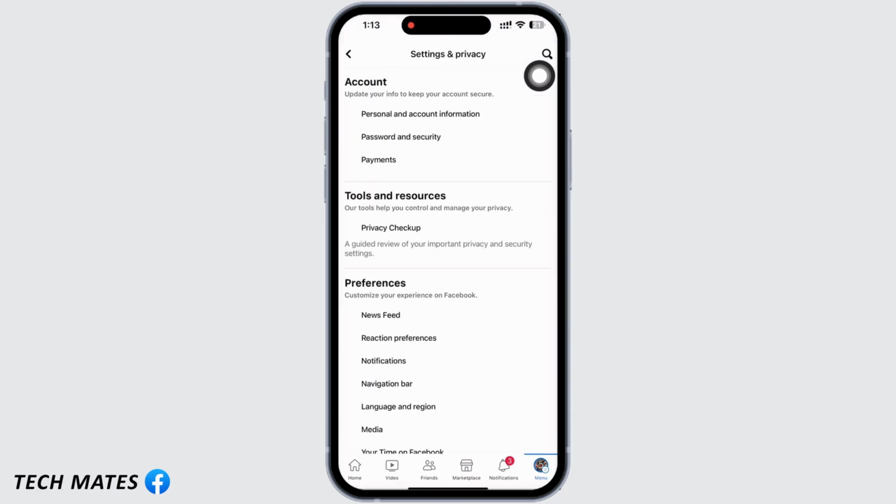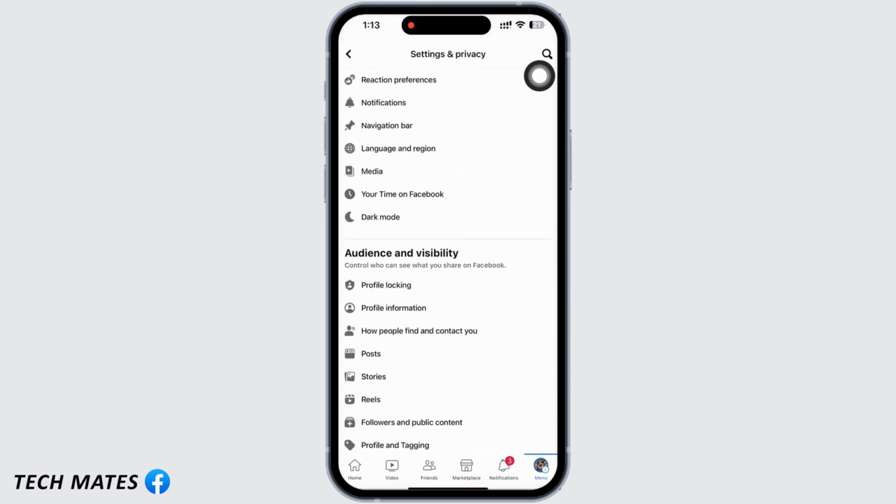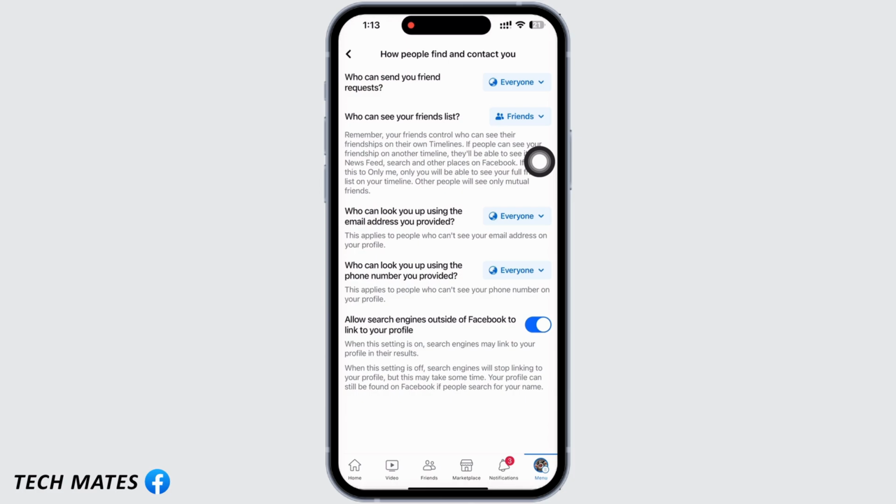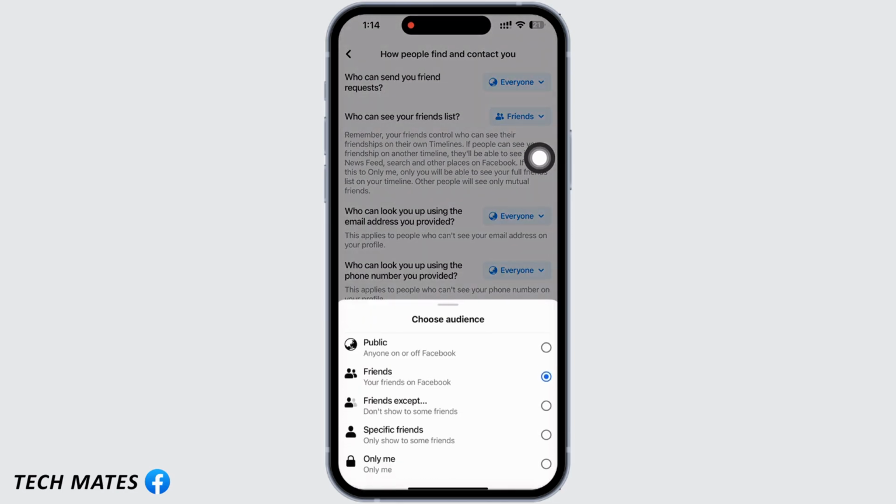Scroll down and you will see the option for audience and visibility. Under that, tap on how people find and contact you option. And now you will see the option for who can see your friends list. Tap on that drop down and here, if you want only your friends to see your friend list, then tap